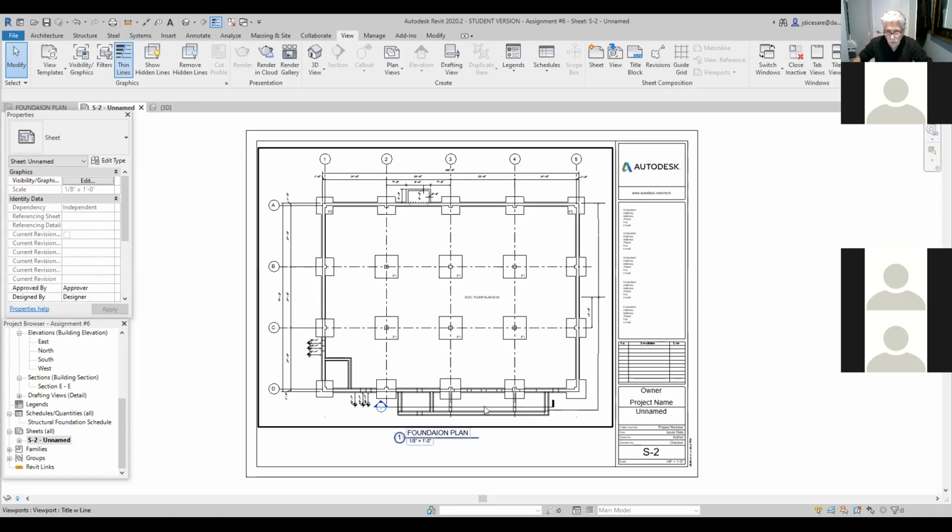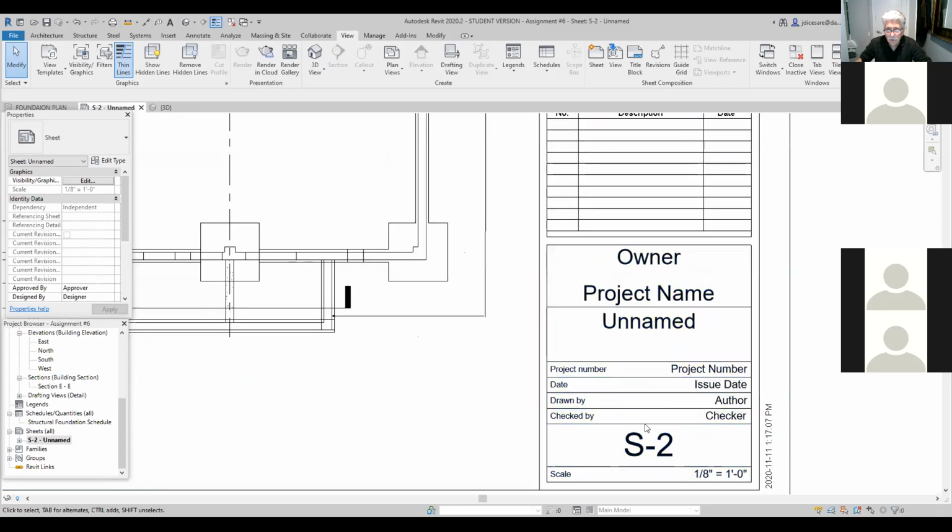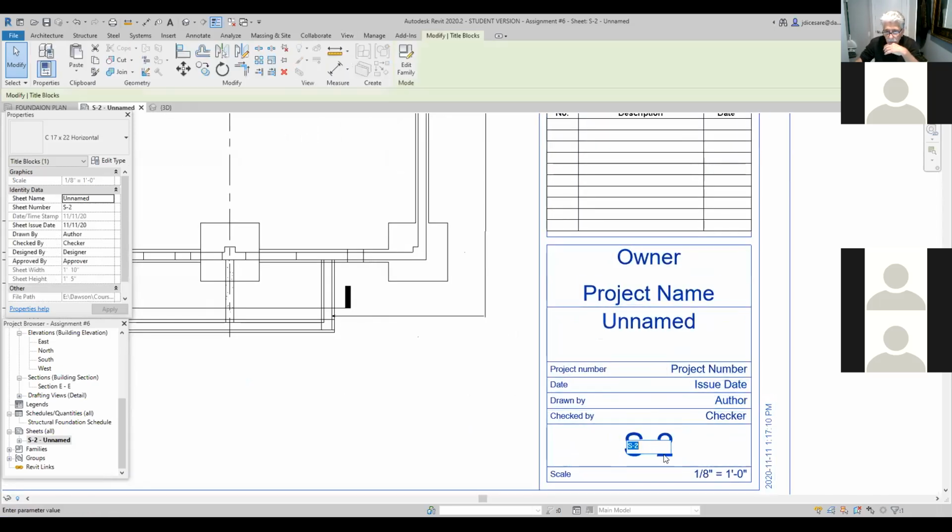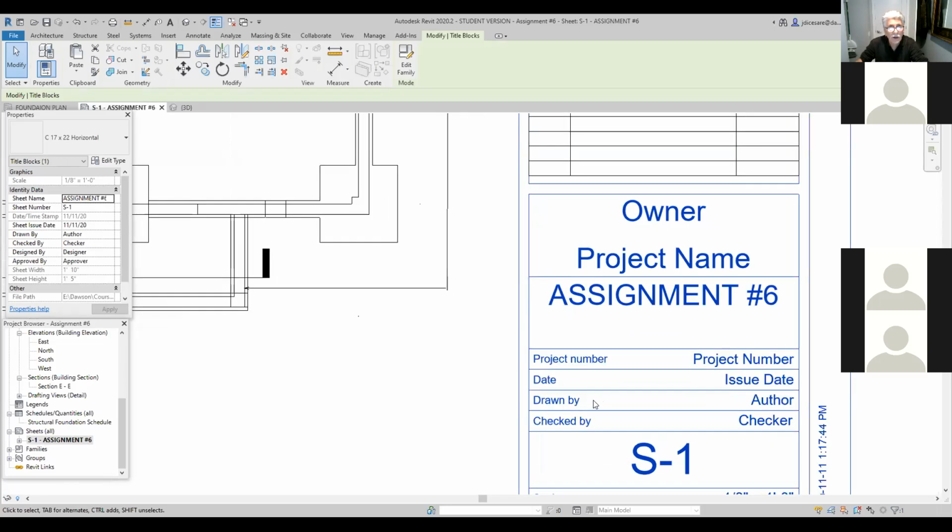Now, if you zoom in here, you can, if you have one, leave it as one, because I have already put another sheet. And here, for example, you can call this assignment. I'm going to call it assignment number 6. And if you go back to your view browser, you've renamed it also in your view browser. Here where it says drawn by,